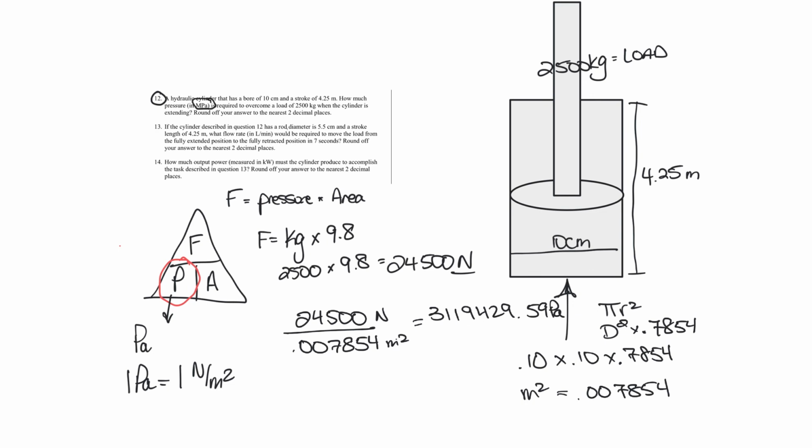So once again, we're going to use our metric steps. We're going to go from pascals to mega. So we're going to go up 3 places to kilo, 3 more places to mega, so 1, 2, 3, 4, 5, 6 decimal places, and we're going to see that it's 3.12 MPa. That is our answer for question number 12. So it is going to take 3.12 MPa, megapascals, to extend this cylinder with a 2,500 kilogram load on it. Oh boy,